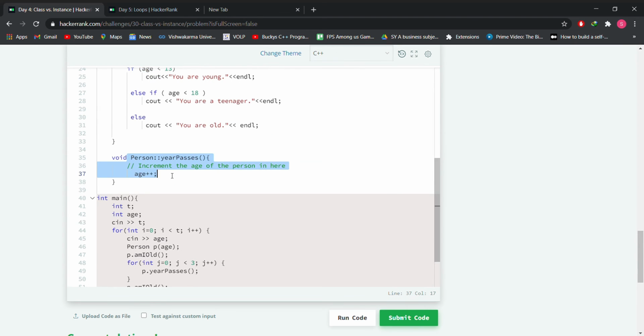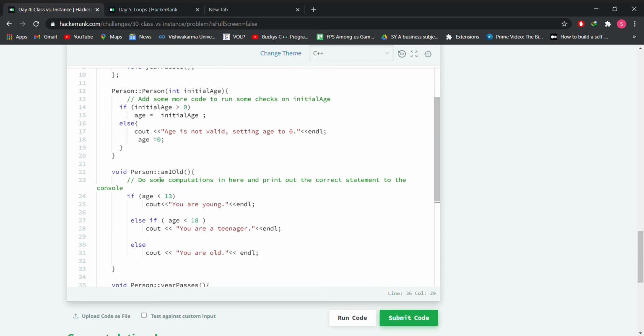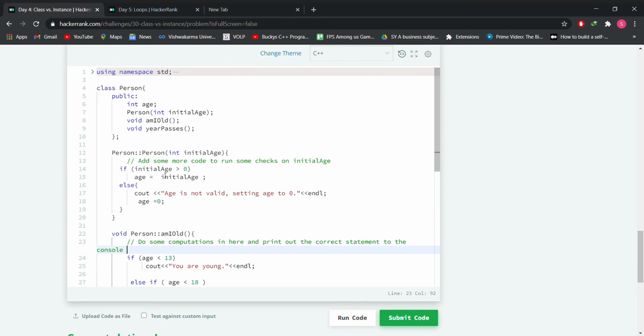I'm sorry, not classes, functions. Am I old and year passes. That's how we are writing age without declaring it again within the function. So yeah, if the age is not equal to 0, we will print this message and we will set age is equal to 0